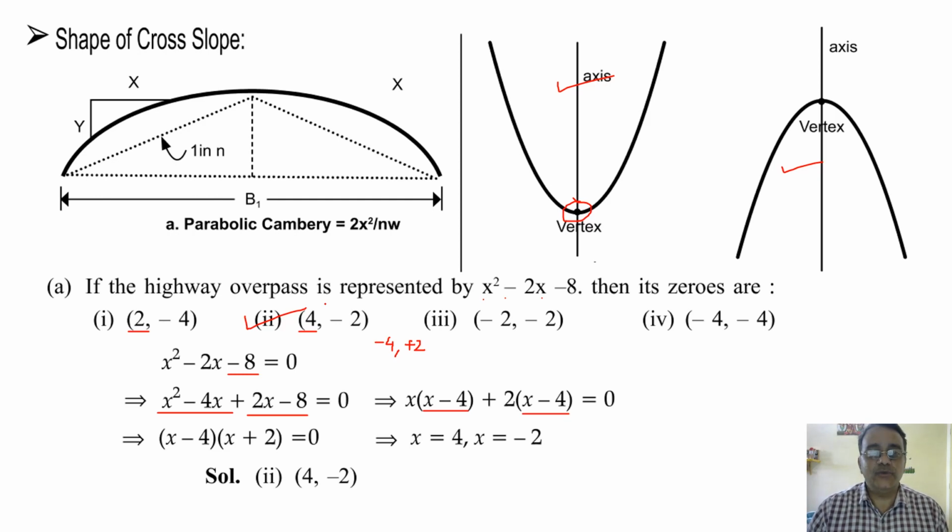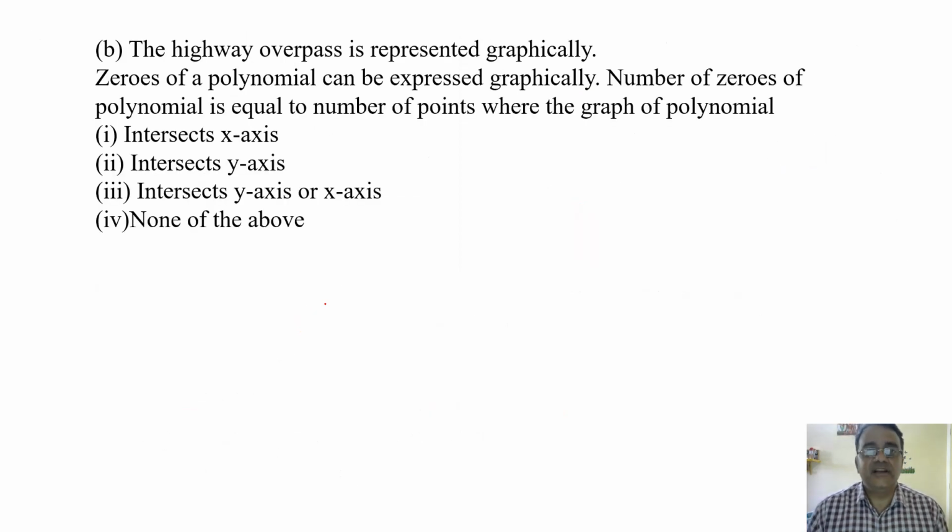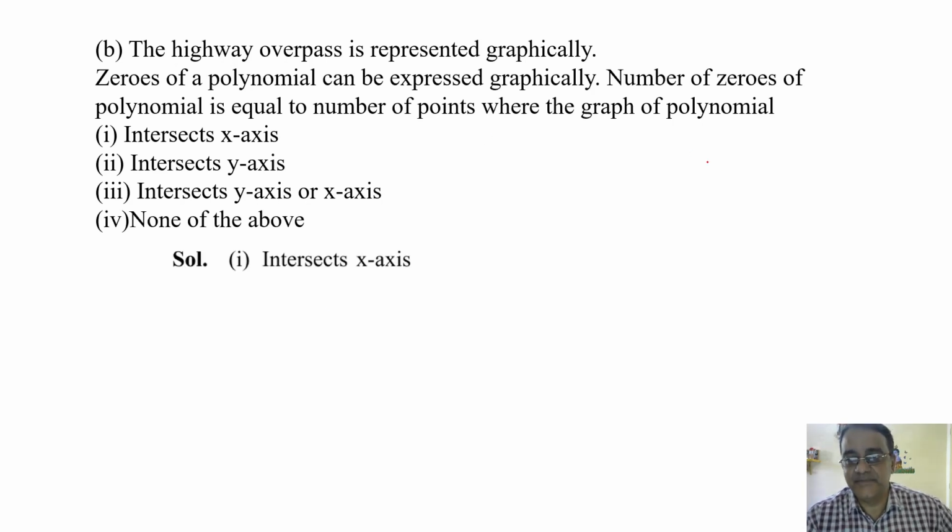Right. Now we are moving to the second question. The highway overpass is represented graphically. Zeros of a polynomial can be expressed graphically. Number of zeros of polynomial is equal to the number of points where the graph of polynomial first intersects x-axis, intersects y-axis, intersects y-axis or x-axis, none of the above. Intersect x-axis. The reason is that, see, ध्यान से देखो, जो यहाँ पे जो हम लोग पैराबोला, जो अपवर्ड पैराबोला